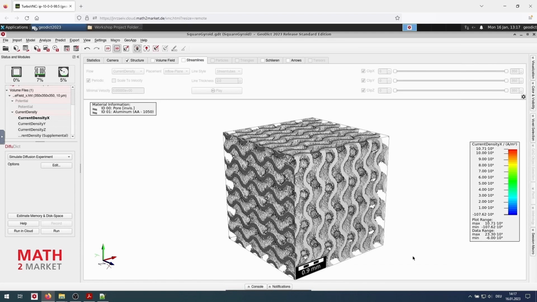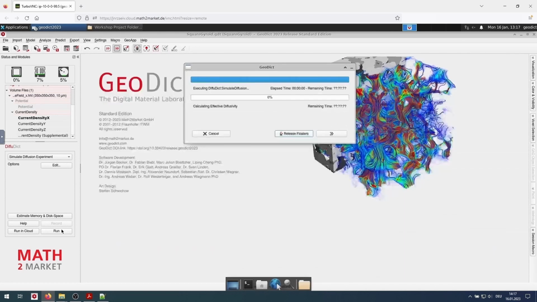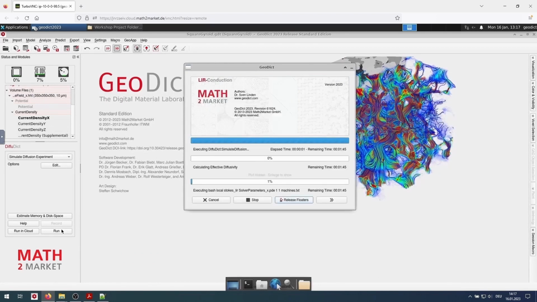We click OK, and we click Run. While the LIR solver is solving the diffusion equation, we will now receive the diffusivity of the structure and also the tortuosity in a single simulation.